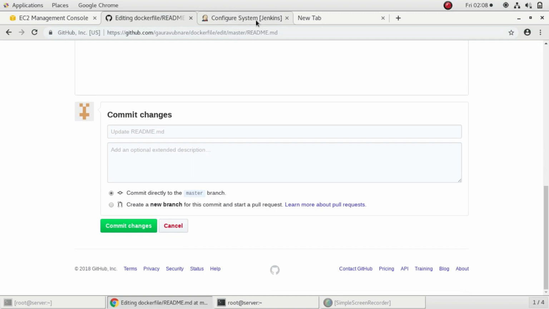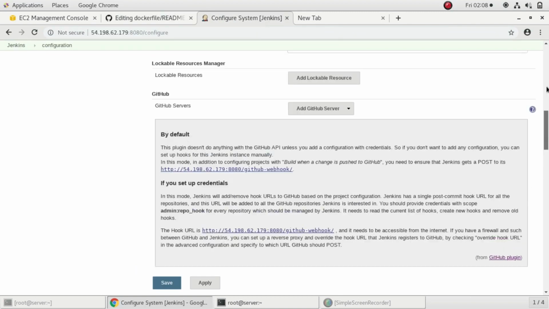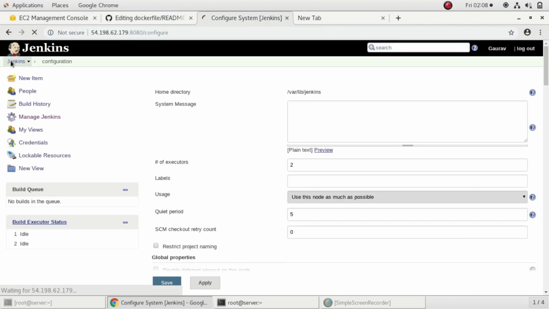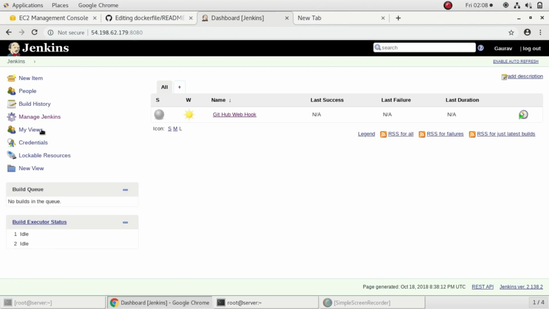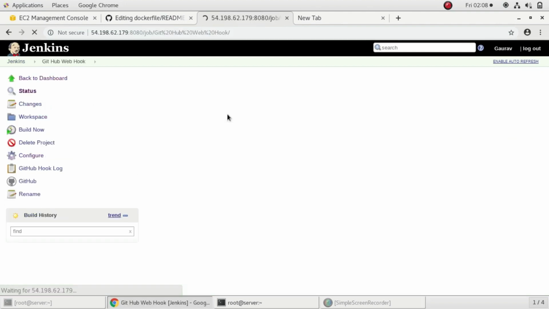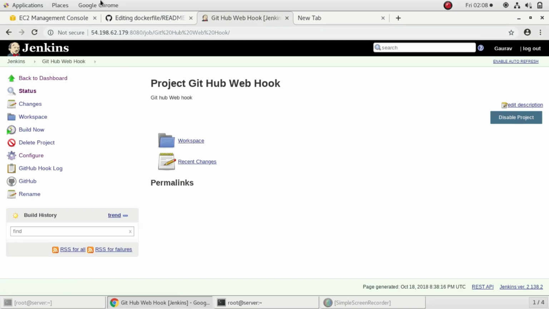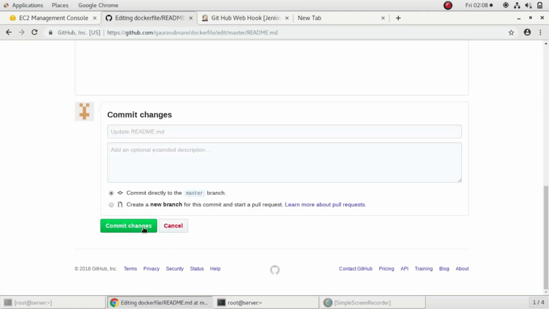Before that, I'll go to the job so that I can show you that there are no builds. Here you can see currently there are no builds. Now I'll click on commit changes.